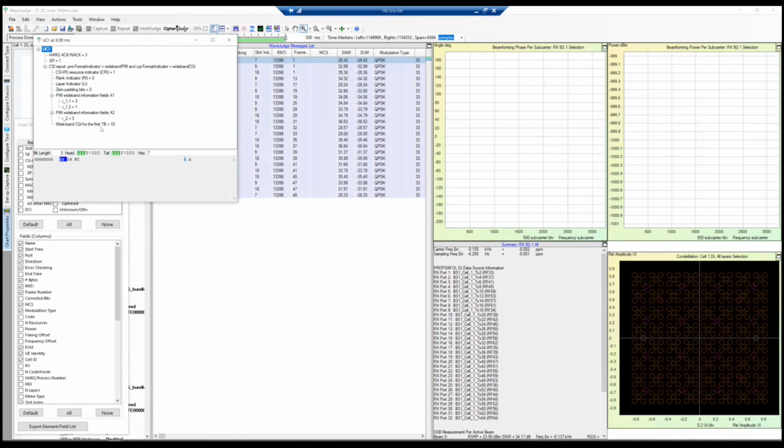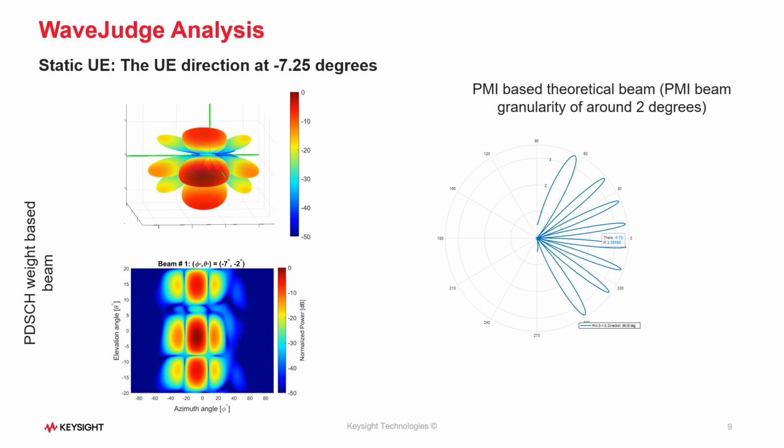It is reported by the UE. So you can see that there is some vertical scanning, and the reported PMI I11 corresponds to the horizontal scanning, and there is also subband information in terms of I2. Based on the exported PDSCH beam weights from the wavejudge, we have created this PDSCH beam, and also based on the PMI values, we have created these PMI